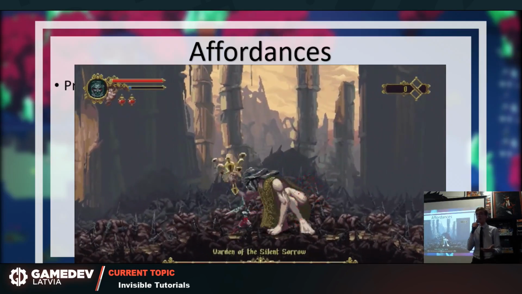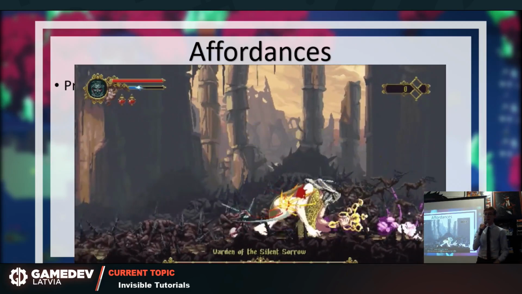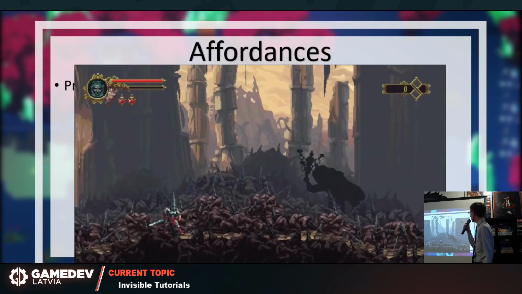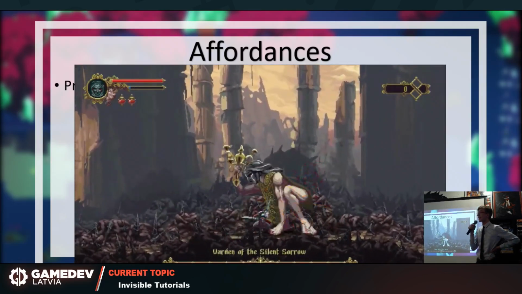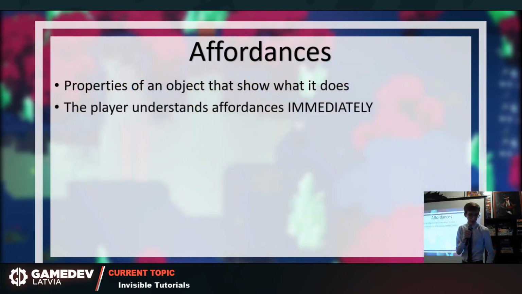You don't need a text box that tells you, "Hey, buddy, this is an enemy. It will attack you," which is bad. It's absolutely obvious because you can just see what it looks like and immediately get this information. Nobody looks at this and thinks, "Oh, hey, nice, a new friend." Affordances are immediately understandable. They're intuitive, and this is why they are so useful to us. Because all the simple things in our games we can teach without any delay, without any complicated text boxes,